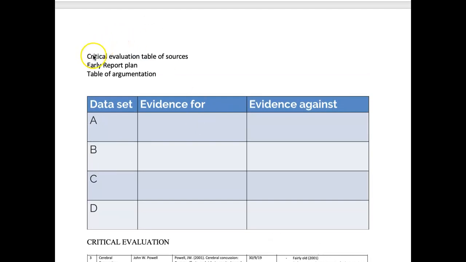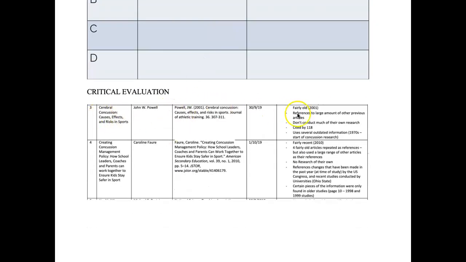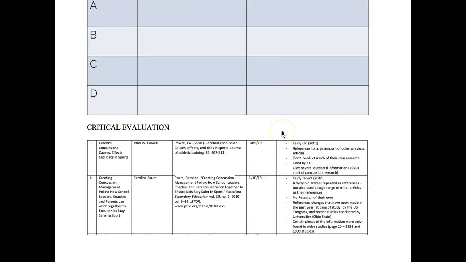As I say here, we would like some sort of critical evaluation table, something like a CRAP table: currency, reliability, accuracy, authority, purpose. And here's an example of one, okay? So I would like this done for at least 6 sources, where you put down the title, the author, make sure you've got a reference, and over here, this person is critiquing it and showing that they are evaluating the sources. This is an absolute key skill in order to get an A or an A star